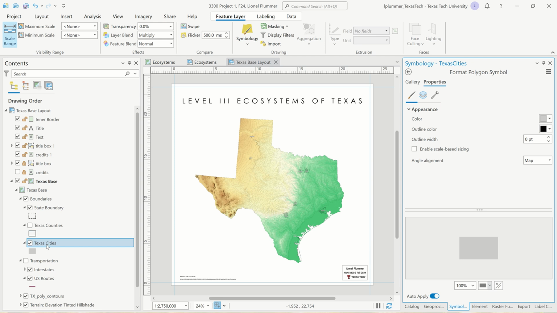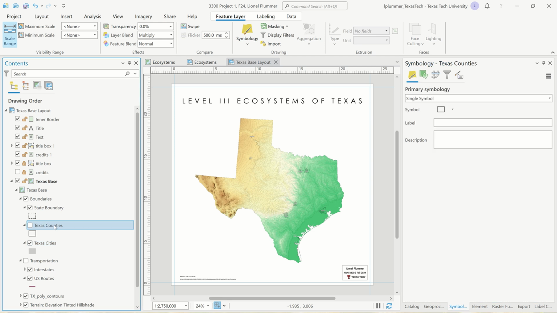Now, while we're working through this map, make sure you understand that the names here are going to be the names on our legend. So if you have like GU counties or equivalent, just make it Texas counties. And remember, you could just change the name by doing that double click and typing in what you feel